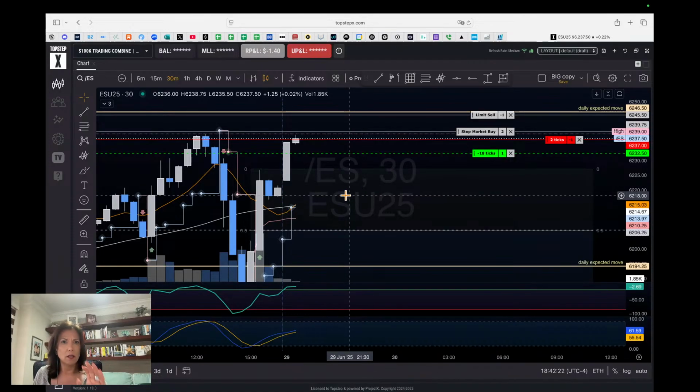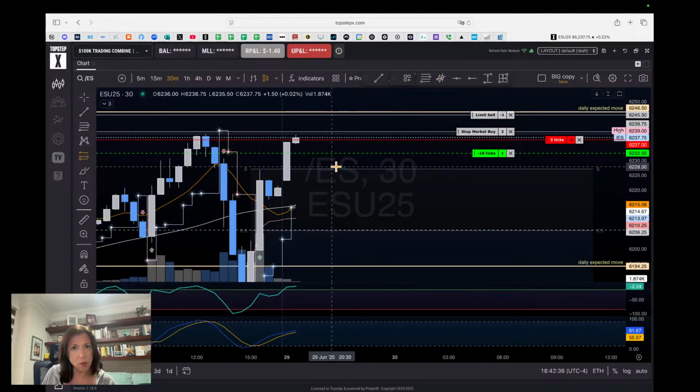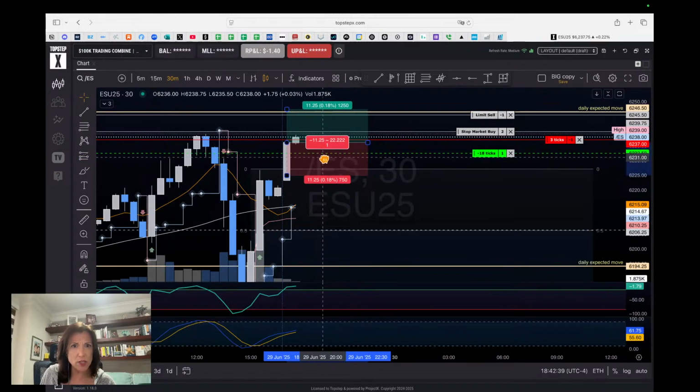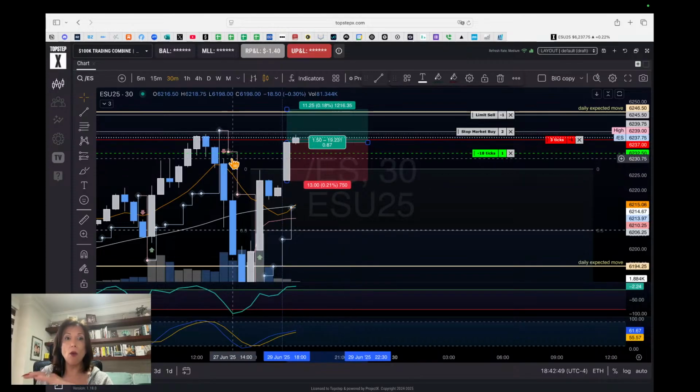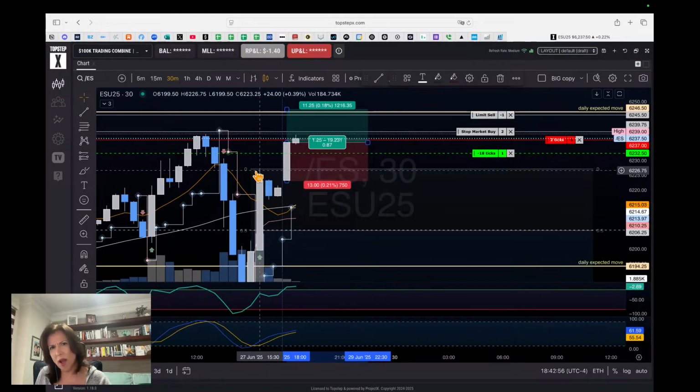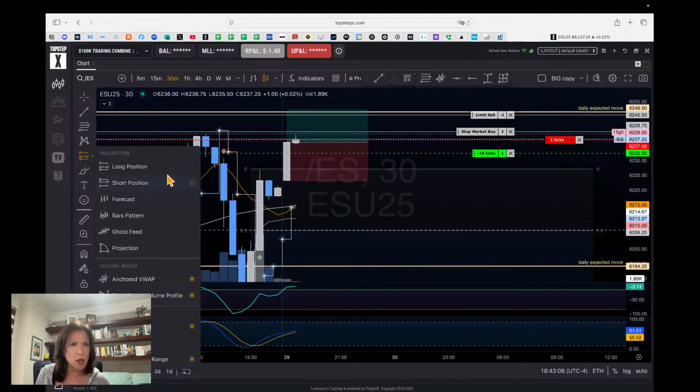So that being said, here's what I do next when I'm setting up a trade. I will go look for... I'll set up a long position that says my risk is going to be the width of the box. My entry, if I'm going long, my ideal entry is at the bottom of the box, right? Now, what our indicators are suggesting here is that we probably aren't going to get to the bottom of that box if it stays bullish. We'll just have to see what happens. But I'll use a long position,